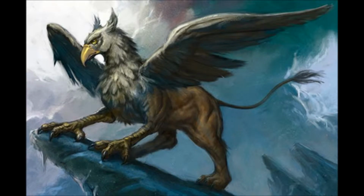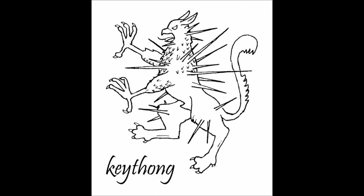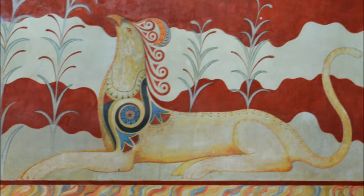But seriously though, we've discussed the griffin, the winged lion, the ophinicus, and the keithong. I've read in various places on the internet of dubious authority that those spikes protruding from the keithong are actually meant to be rays of light, so... sure? Maybe? Another wingless griffin variant is the alce, also known as the Minoan griffin when it shows up around